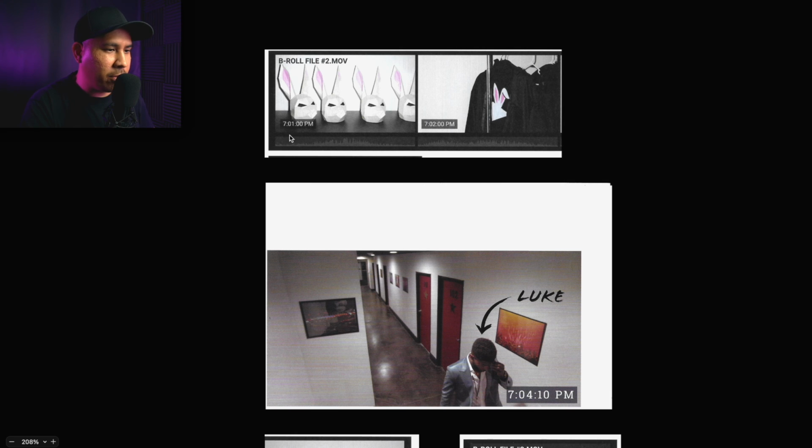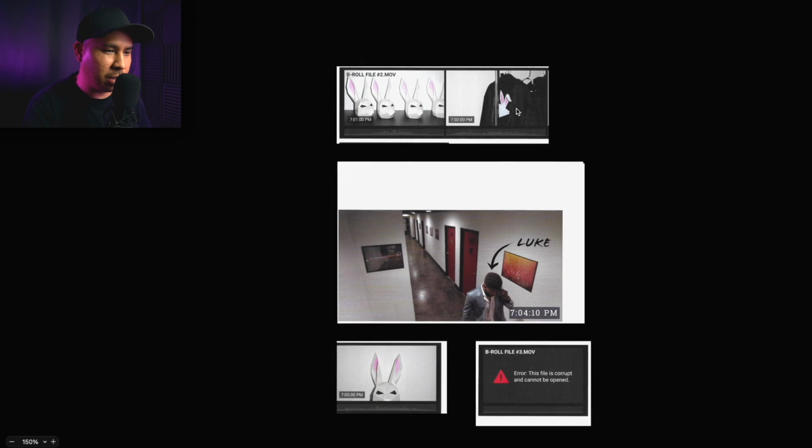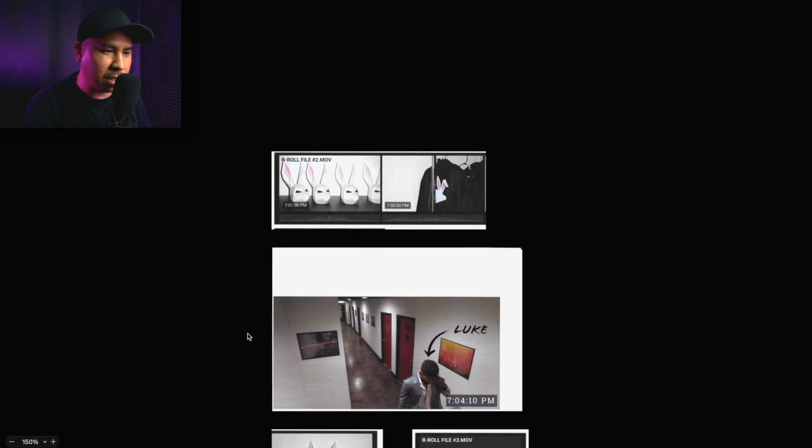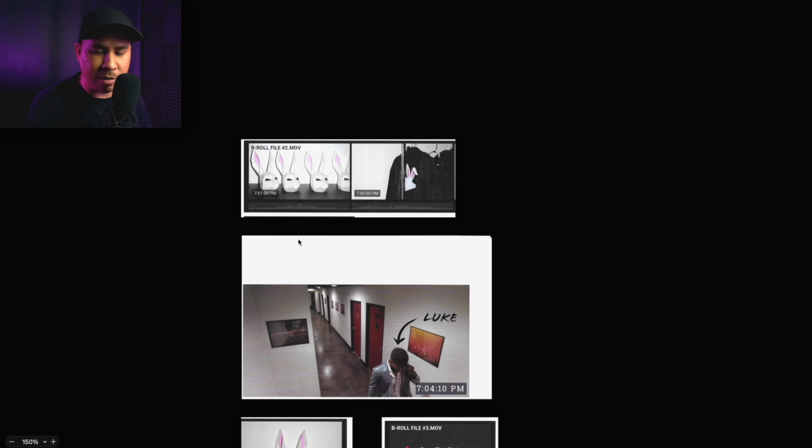Okay, so 7:01, he takes a picture or video. This is camera footage, B-roll, of all these masks and this clothing rack. Is that the same one by the dressing room? No, this one doesn't have the masks here. So where is this? The stage head, right?